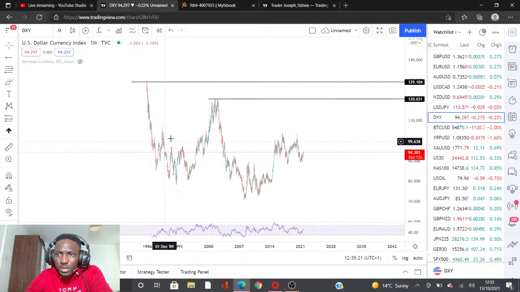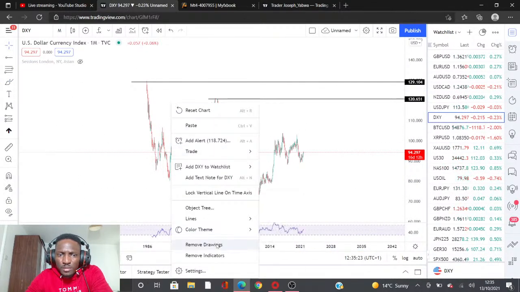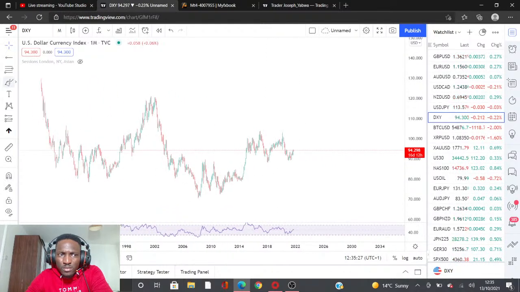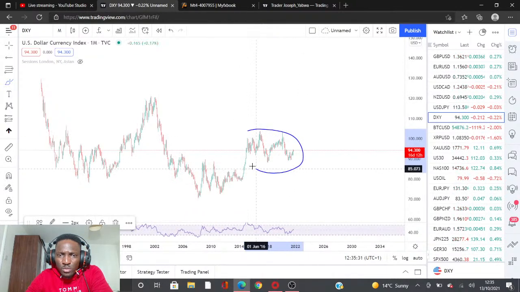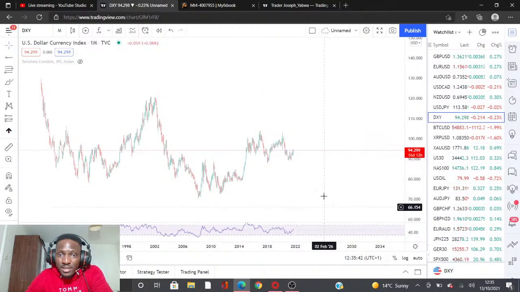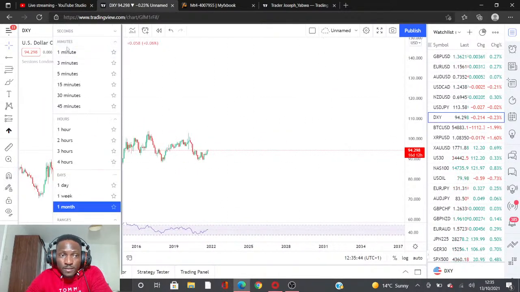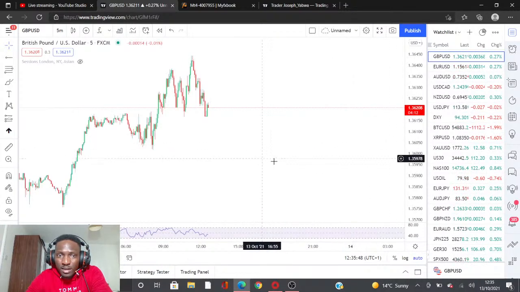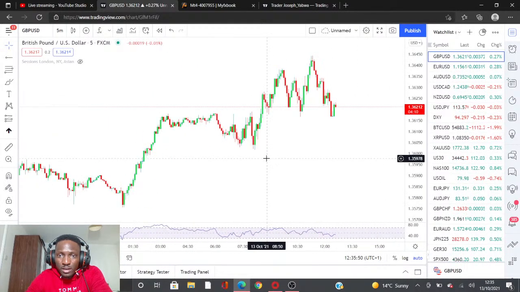I really can't see what you're seeing, but anyway, I've given you my analysis of the dollar index. Whatever you're seeing in terms of the pattern, this is what I think. To me, this is just a corrective pattern, and the market will go up and touch that high at 120. That's the next move I see from the dollar index. There might be a pattern that I just can't see, and you can see it. But